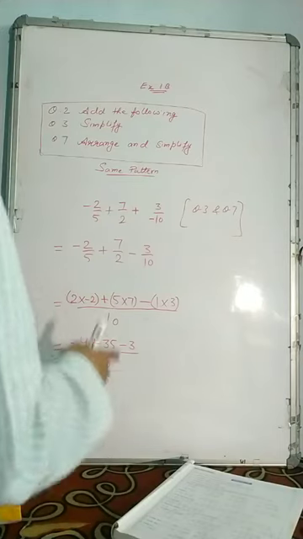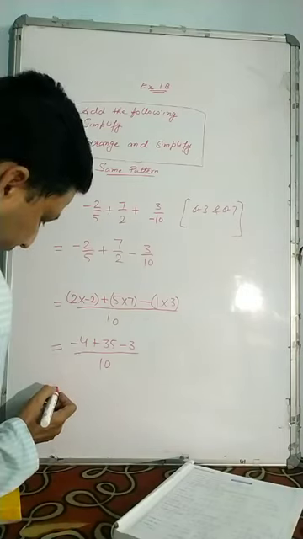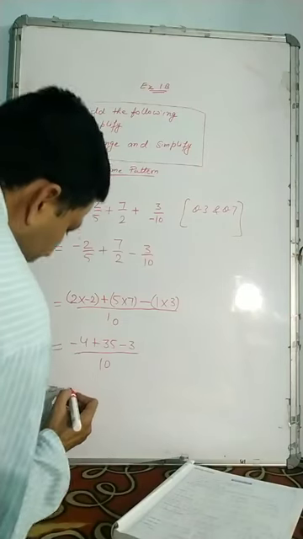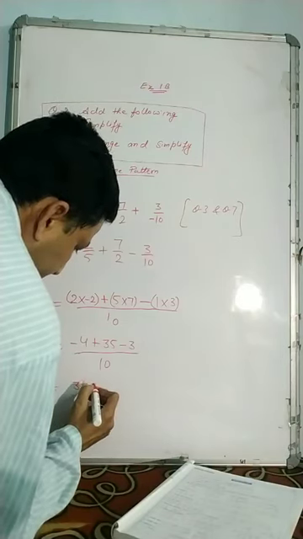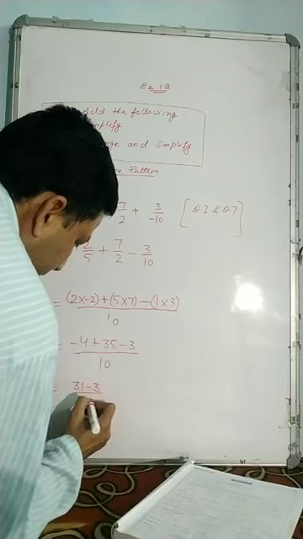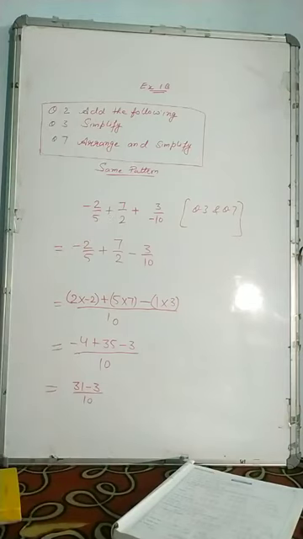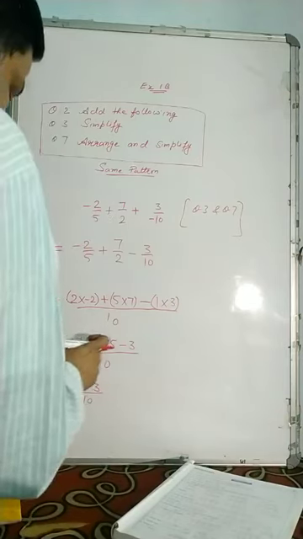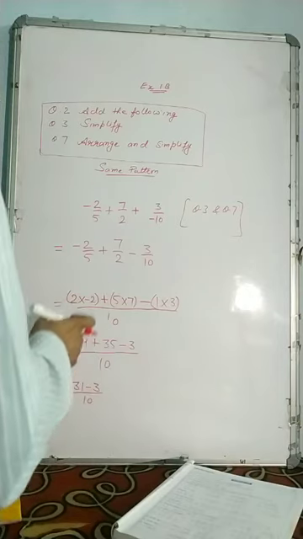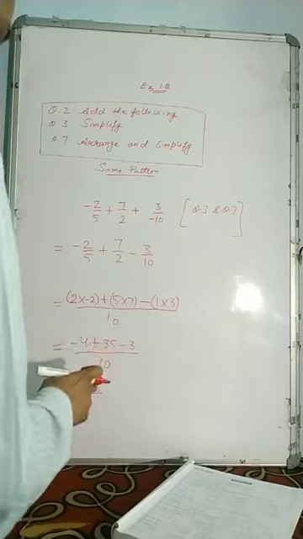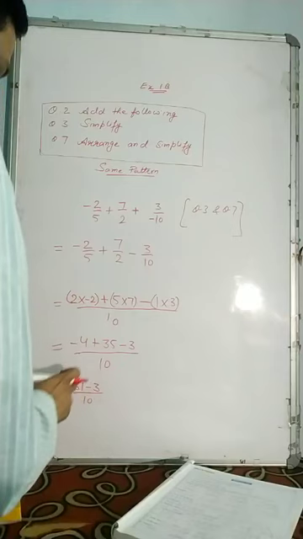Negative and positive means plus minus minus. Here we get after subtracting 31 minus 3. Now 31 should be negative or positive? We will compare these two integers, not including the symbol. 4 or 35, which one is greater? 35 is greater, so the answer should be positive.